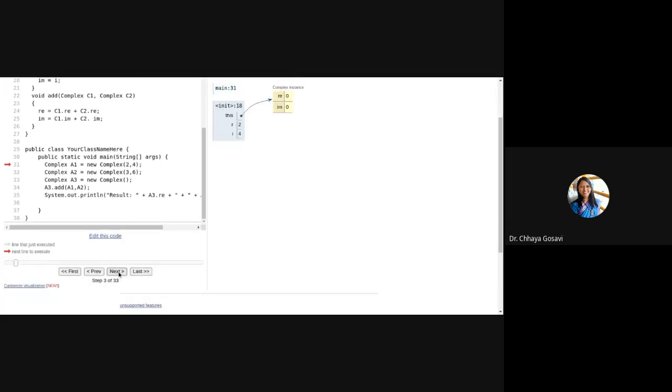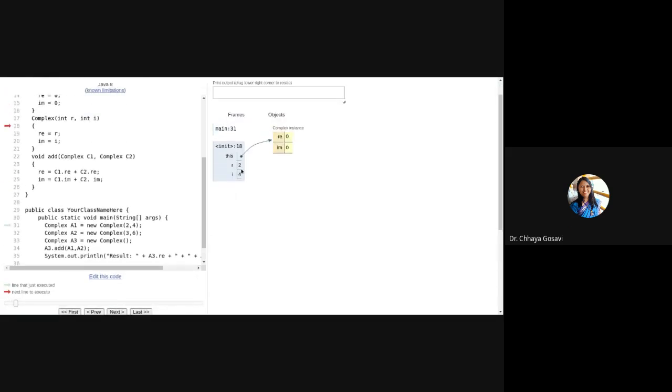So first it will create object A1. We pass R and I. R is 2, I is 4, and that will be stored in the real and imaginary variables of the class, that is 2 and 4. And this is our object called A1.